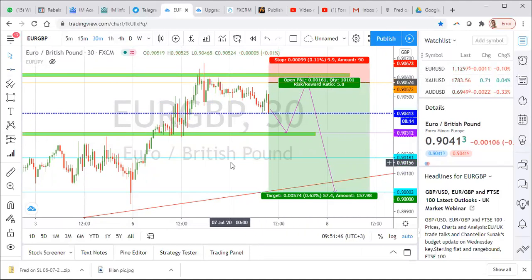So we look at Euro GBP later. I'll put a potential sell, but it's not a ripe trade for now. This pair moves pretty slowly, so it could even happen in the evening or tomorrow, who knows? But I'm biased for a sell because I don't want to get caught in the range. I don't like trading ranges. You guys, you know me. So 150 pips, sell on the long term.